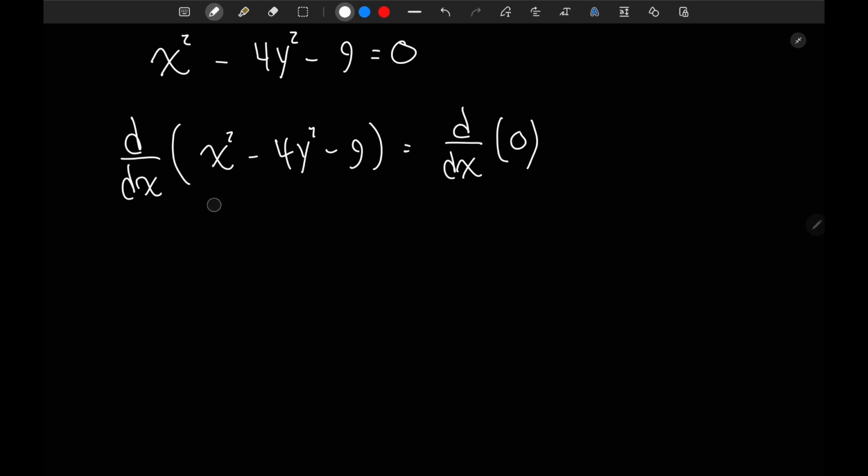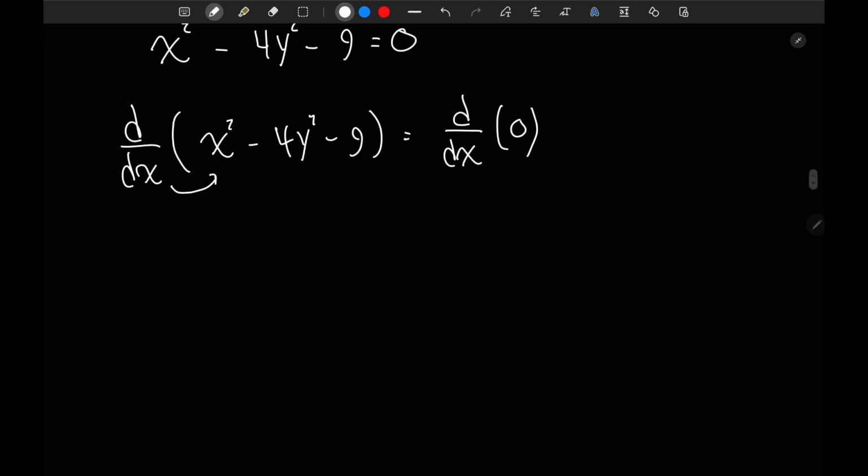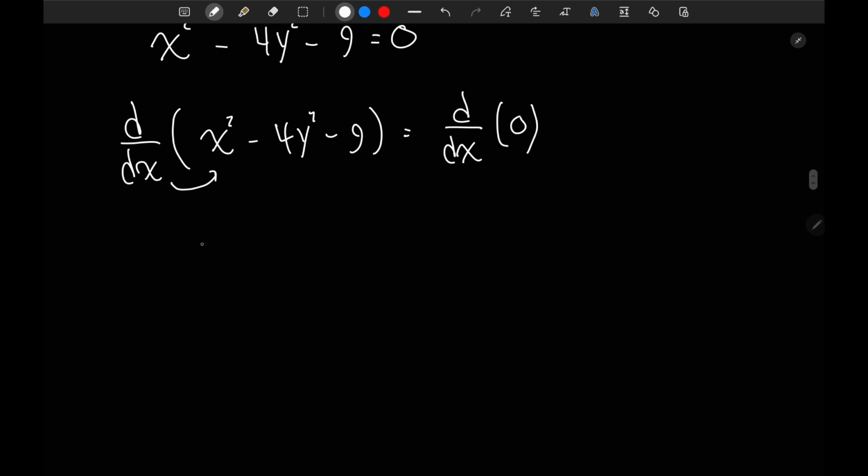We can just start seeing that that's exactly what we're going to do as we go along. So first, let's take the derivative of x squared with respect to x. We will have 2x dx/dx. The derivative of minus 4y squared is going to give us minus 8y,